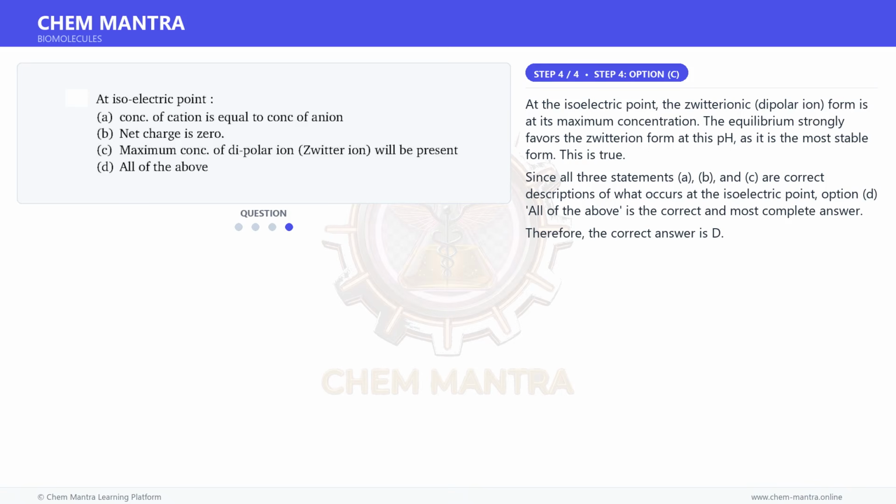At the isoelectric point, the zwitterionic dipolar ion form is at its maximum concentration. The equilibrium strongly favors the zwitterion form at this pH, as it is the most stable form. This is true. Since all three statements, A, B, and C, are correct descriptions of what occurs at the isoelectric